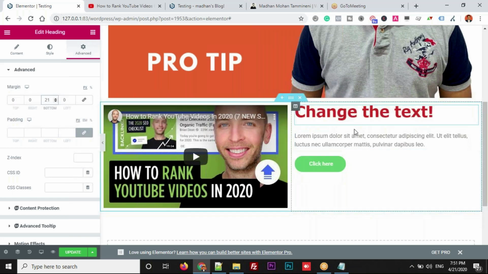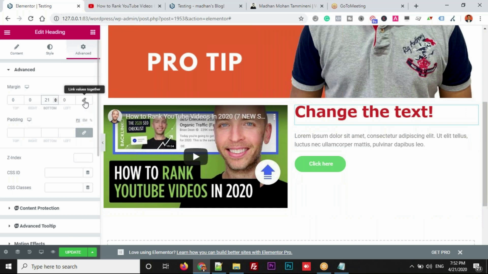You can see there is a gap added at the bottom. This is how you can use it. What if I click on this one? Why I unlinked it, in a sense, is that I want to add a space only at the bottom. I don't want to add space at the top, right, and left also. That is the reason I just unlinked it to make use of only one column.